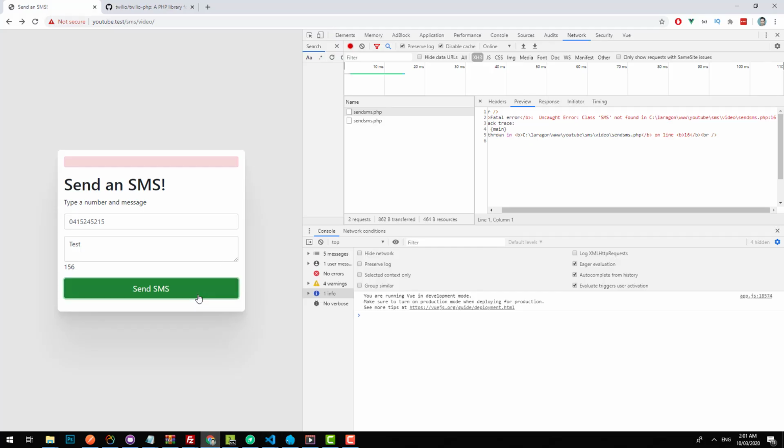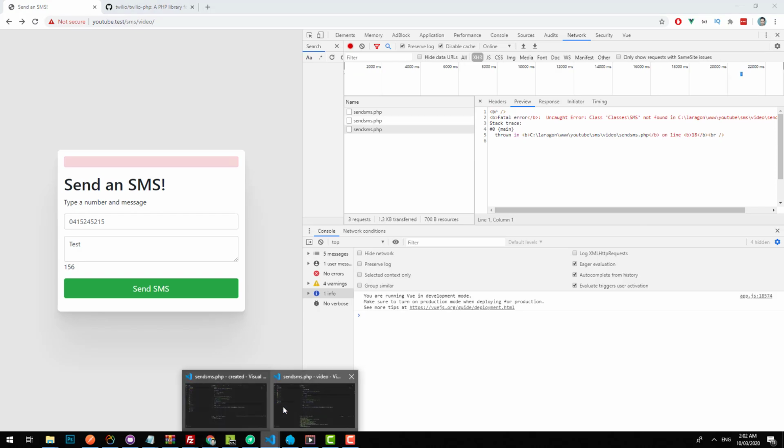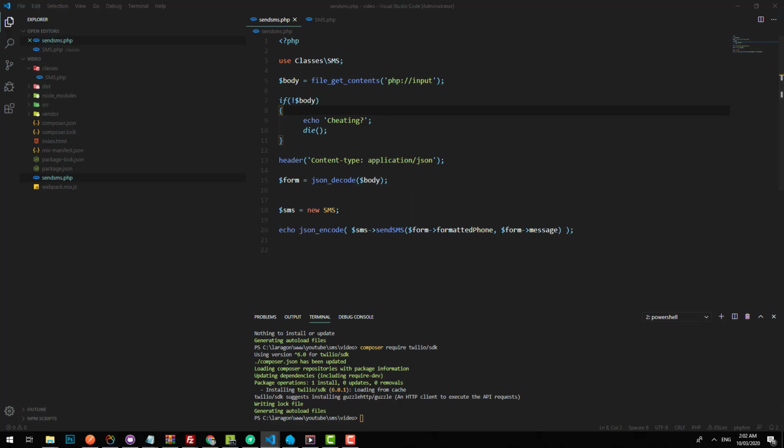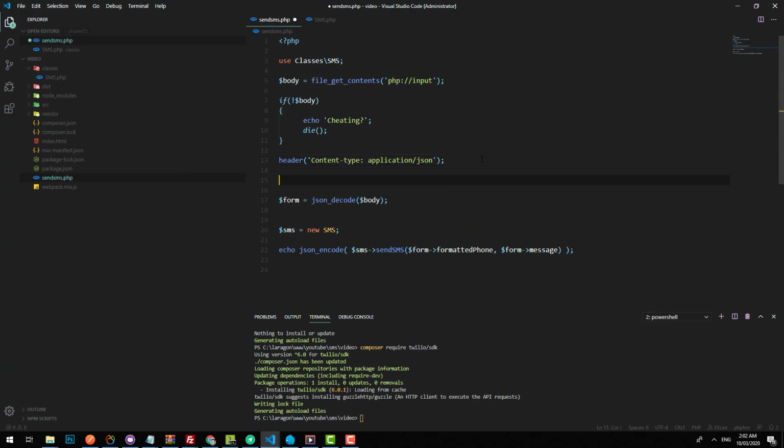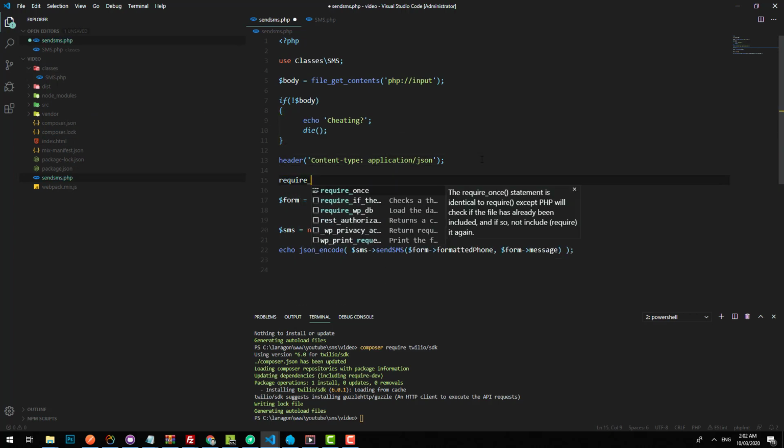Let's try it again now. And it is still having some sort of error here. So let's just see what's going on. And another extremely amateurish error that I've made. We need to include our autoload file so that our PHP knows to use Composer to autoload our classes. So maybe just under the header here, we can do require once